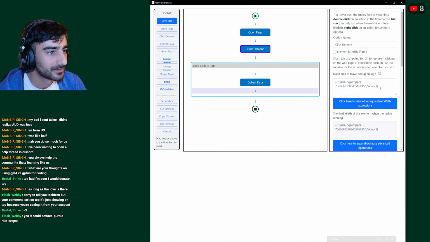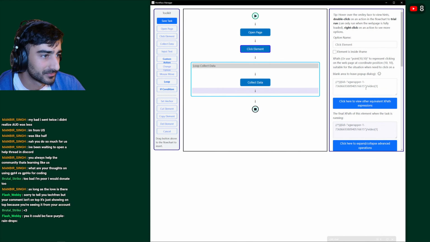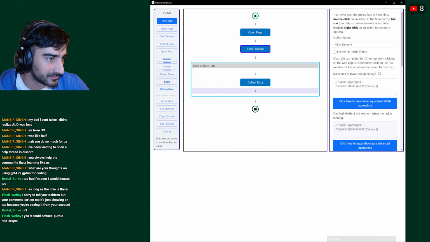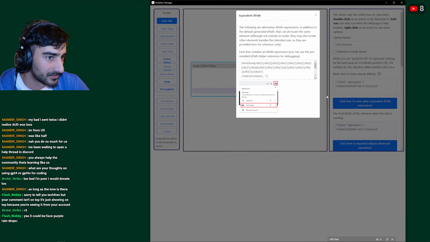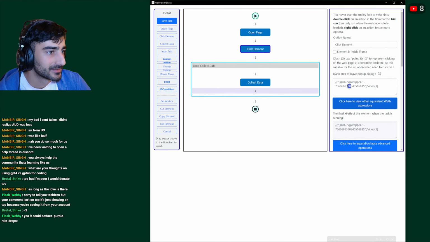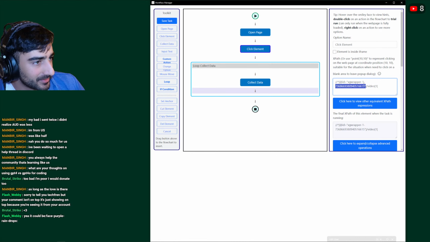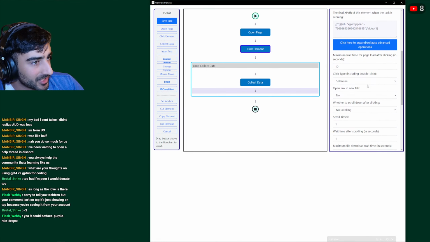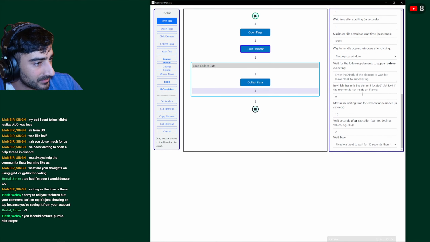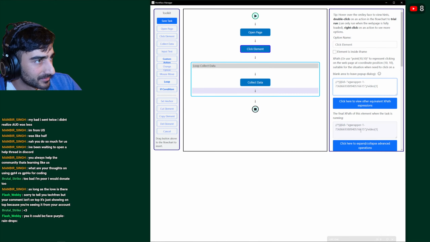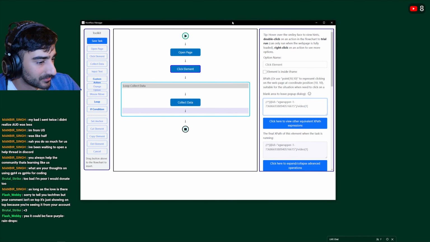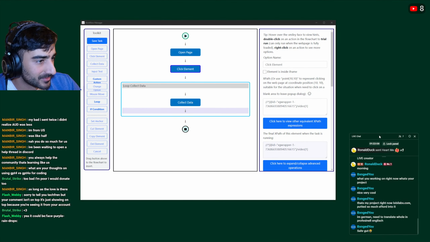Click element. And it uses, oh. Okay, so we can change the XPath. This seems like a very specific XPath, but we might be able to change it to be kind of less specific. It's pretty cool. I like how it hasn't asked me to